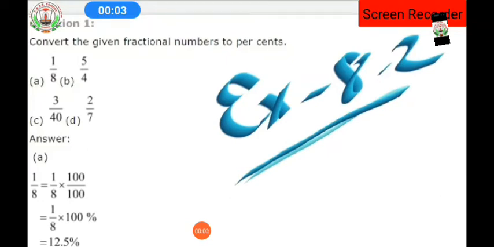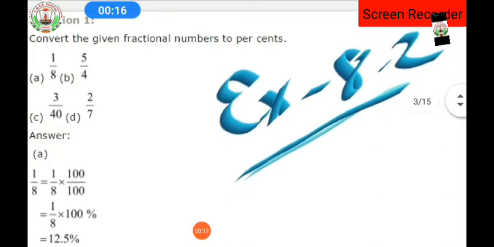Here we are going to see exercise 8.2 from chapter number 8, Comparing Quantities, from the NCERT book of class 7. So here we have the first question. In the previous video we had already seen the formulas which will be used in this chapter, and exercise 8.1 is completed. Now we are going to see exercise 8.2, that is the first question: convert the given fractional